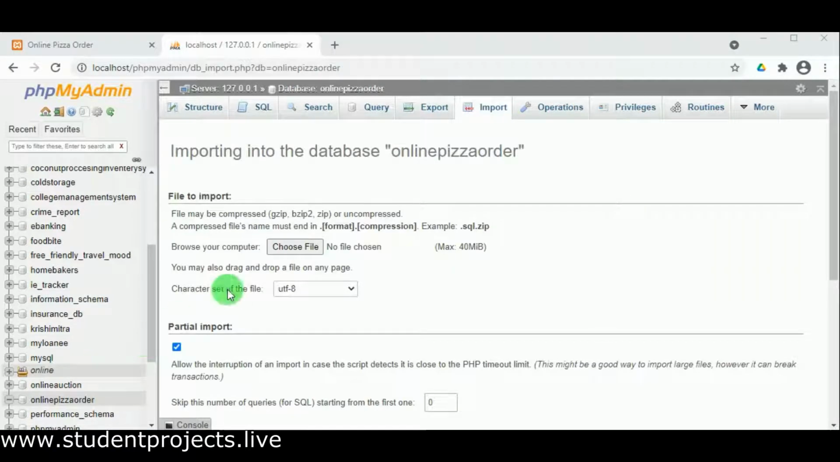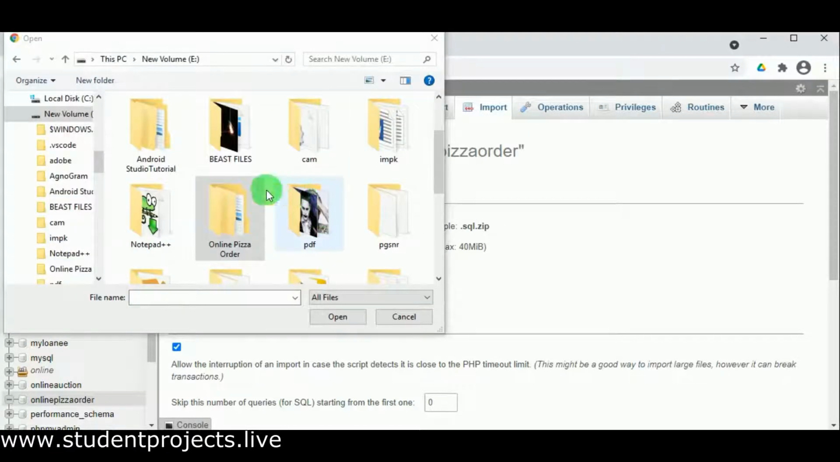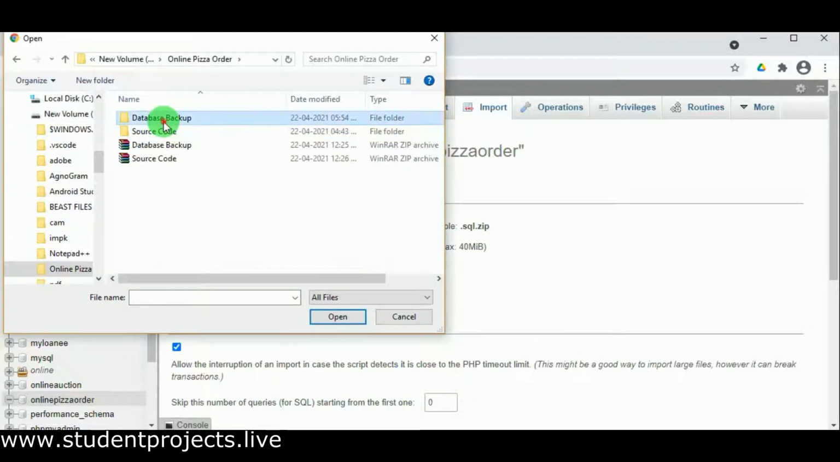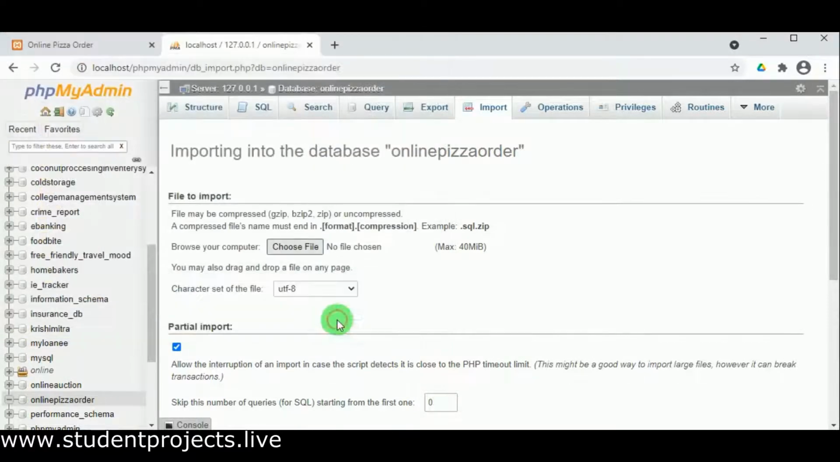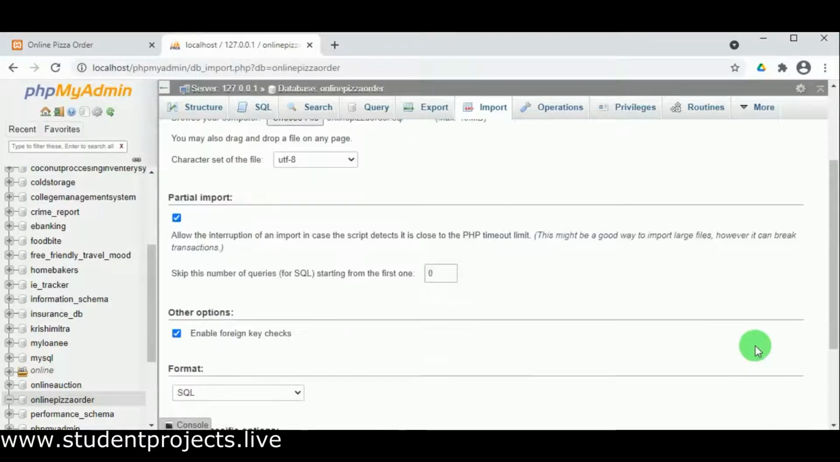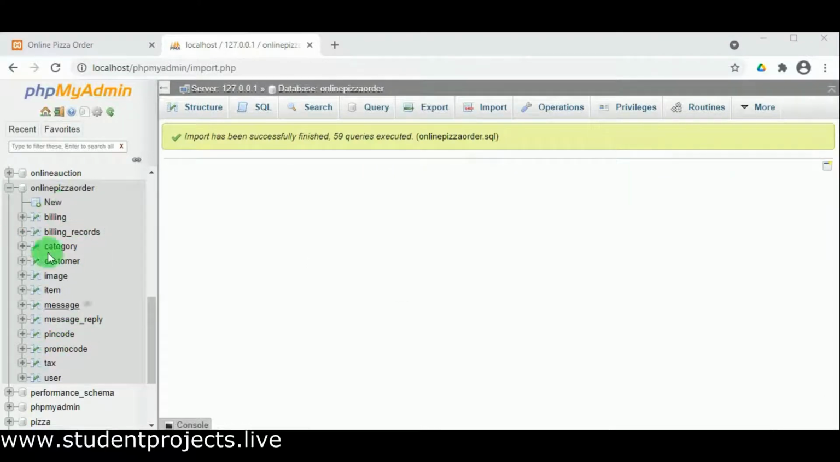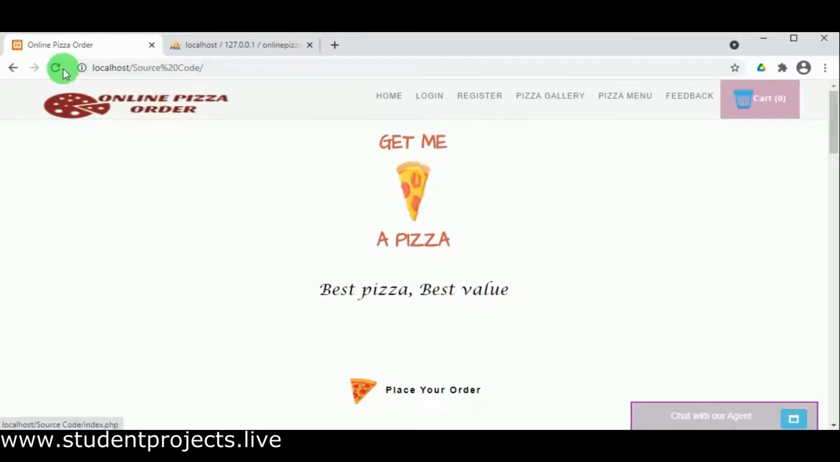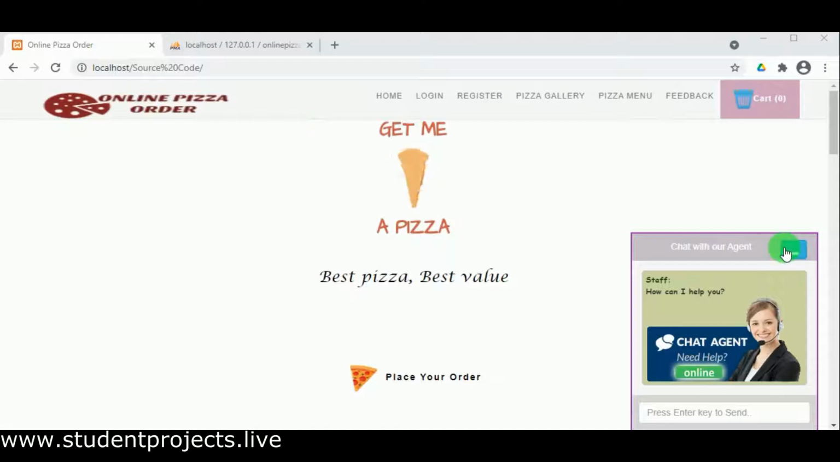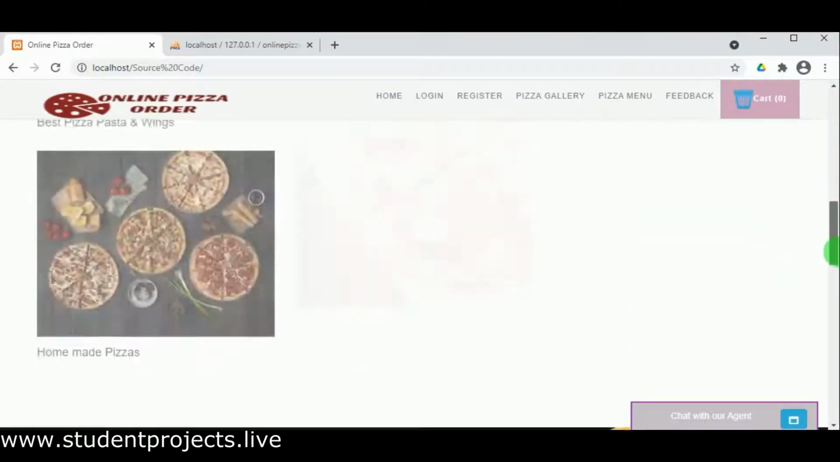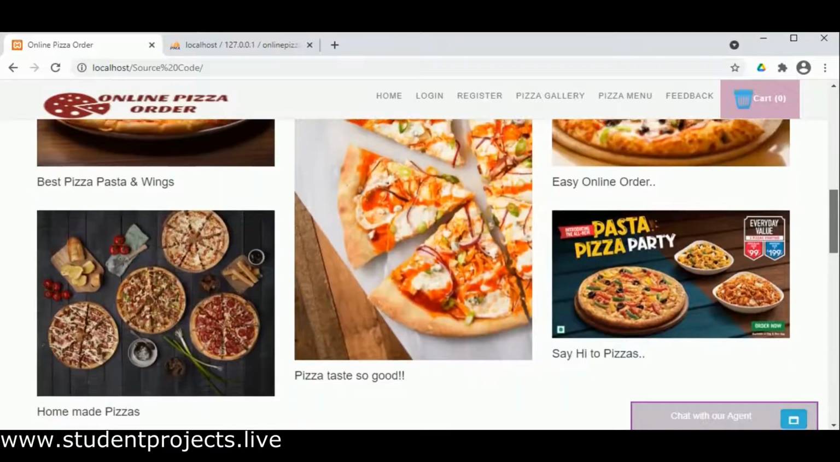and on choose file. So in the online pizza order you can see there is a database backup folder which has online pizza order SQL file. Let us upload that file and let us click on go. So we can see that the tables are imported to the database online pizza order, and on refreshing the database and the project we can see that there is no error, and this is the project online pizza order, and